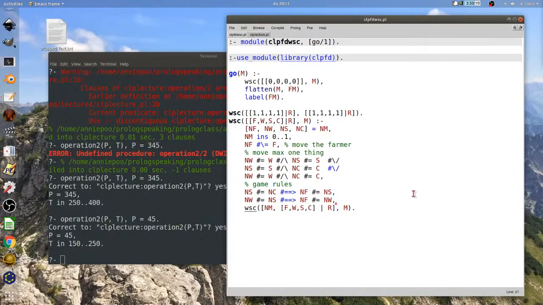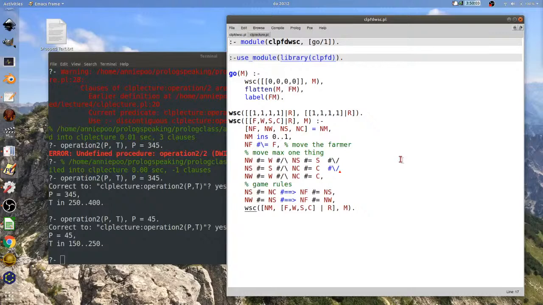Okay. So, this is a somewhat more hand-wavy example. I'm going to try and solve the problem of the wolf, sheep, and cabbage, but I may call it a goat. The way I'm going to do this is I'm going to make a list.